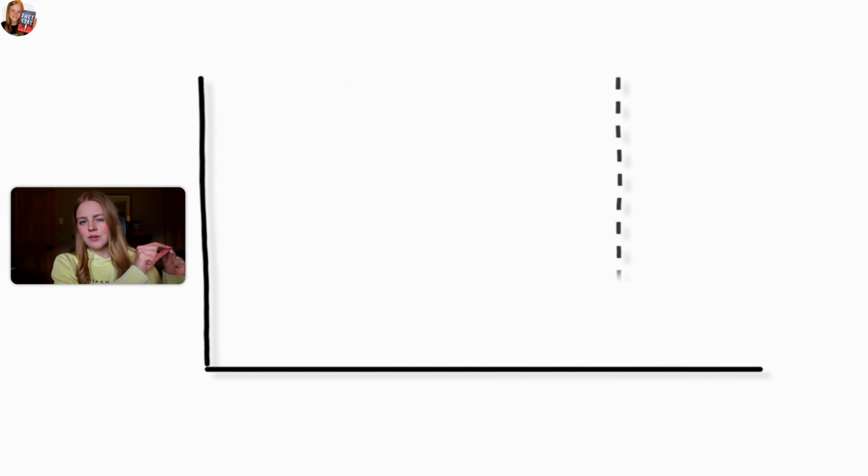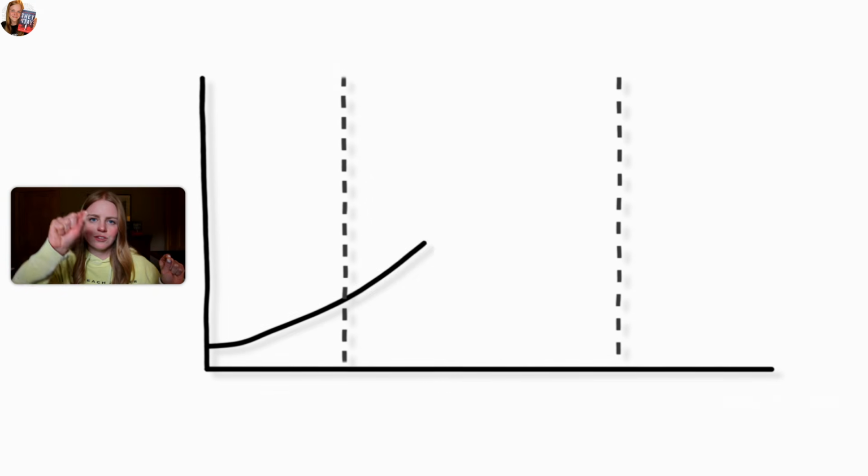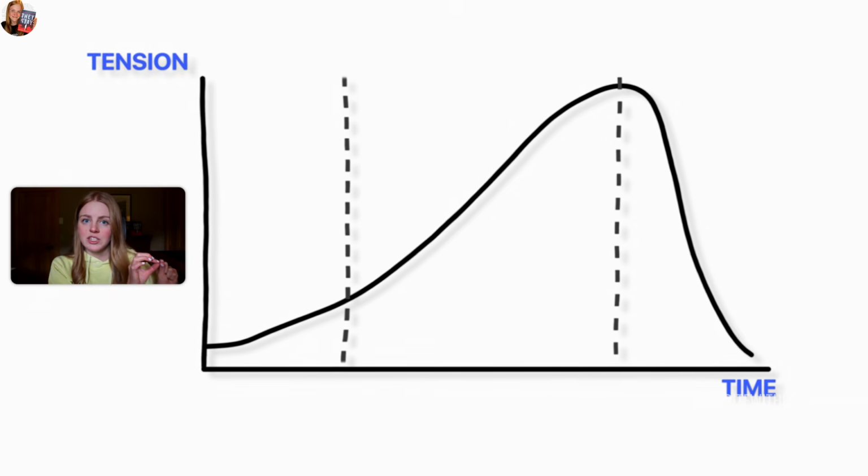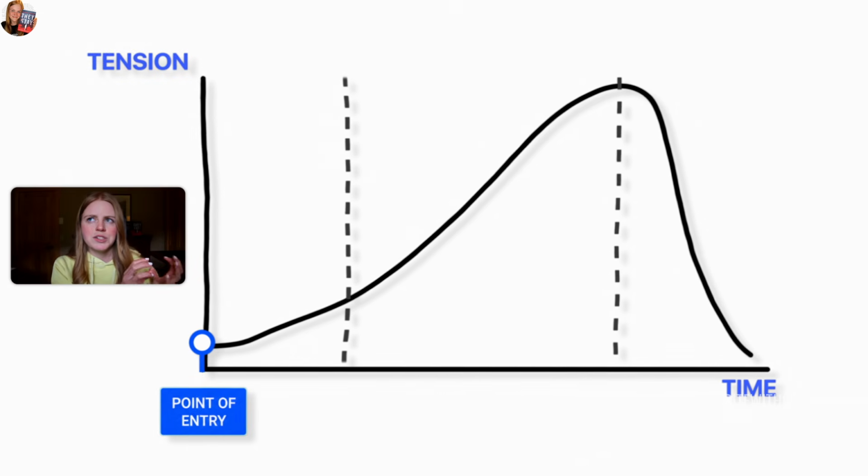in order to plot out a subplot, every single subplot I like to plot out just like a mini story arc. So when I am plotting a book, I always plot on a story arc. I don't know if you've ever seen that chart of a story arc, where the graph looks like this, and on the bottom axis you plot out time, and on the vertical axis you plot out tension. And so your tension over the course of the story,